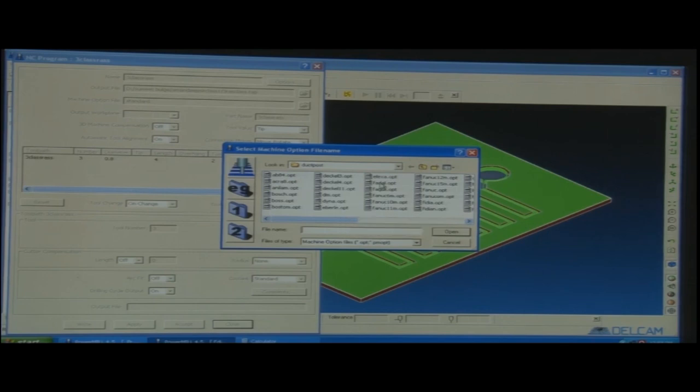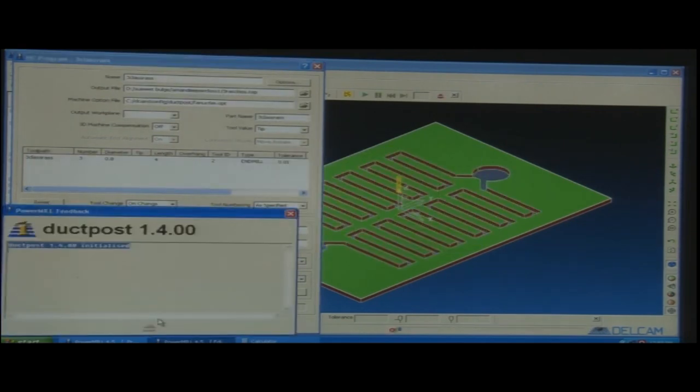Like Deckel, FIDIA, Heidenhain, then Mazak, Mitsubishi, so many over there. So, let me select which is suitable for my machine. PowerMill is actually general software that can be used on many types of control systems. So, for our machine, I will pick a FANUC control.